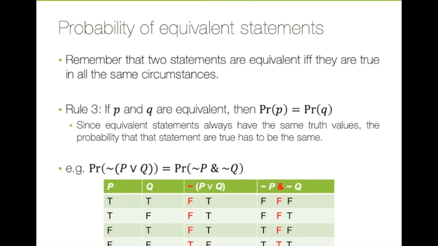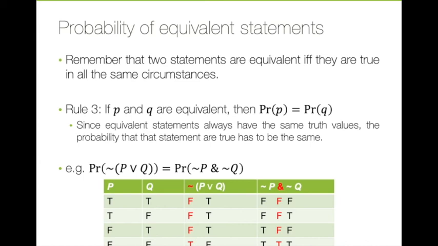So since equivalent statements always have the same truth values, the probability that those statements are true has to be the same. So we don't know what the probability of these statements P and Q are, but whatever the probability is, it's the same for both of them. So take our example below. The sentences not (P or Q) and not P and not Q are equivalent. You should maybe remember that from our De Morgan's rules,